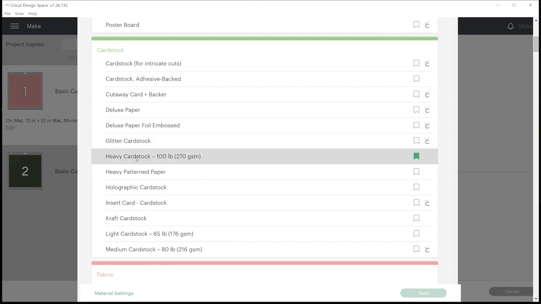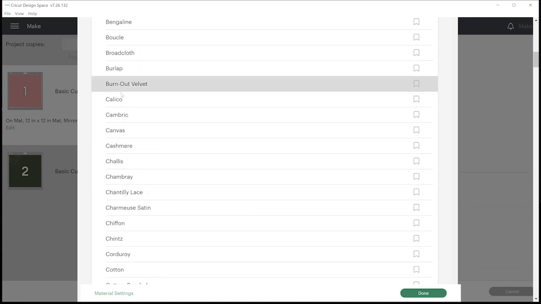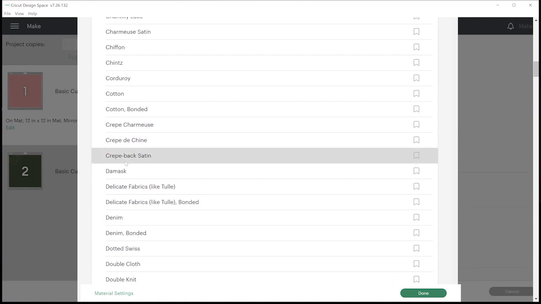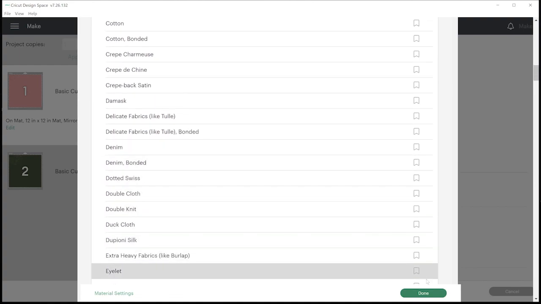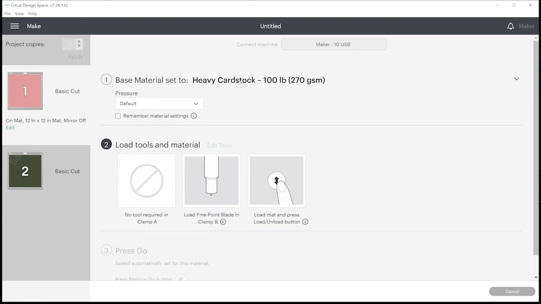So say we're going to cut this out of heavy cardstock. If you're cutting fabric, there's tons and tons of different fabric, so you have those options. And so I can choose my heavy cardstock. You can also change, like maybe your blade is brand new, you can tell it to use less pressure to increase the length of your blade life. You could say more pressure if you're using an older